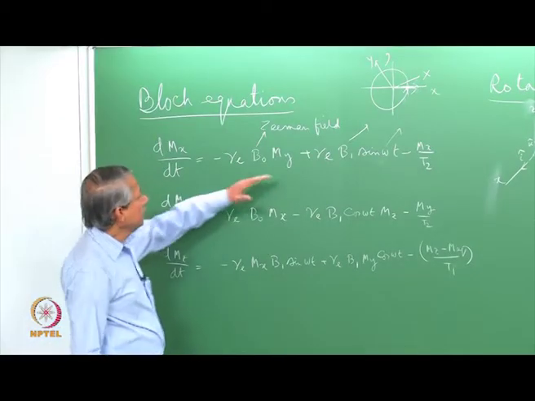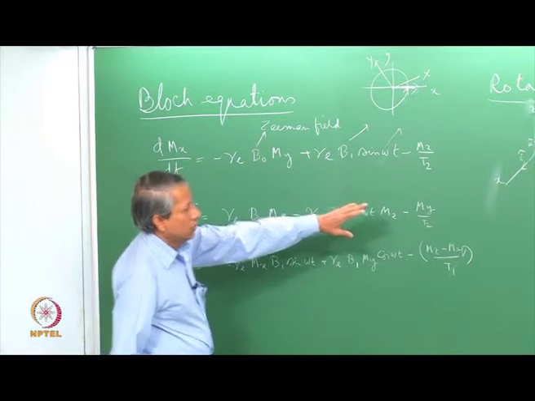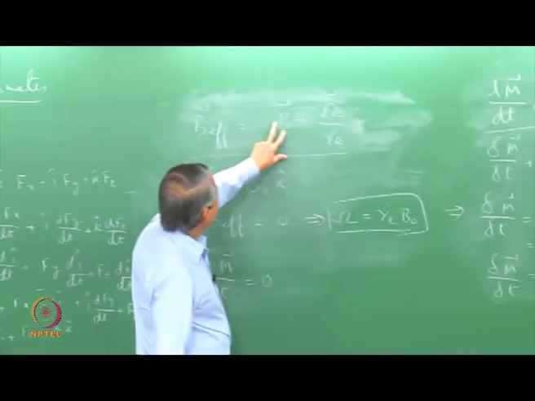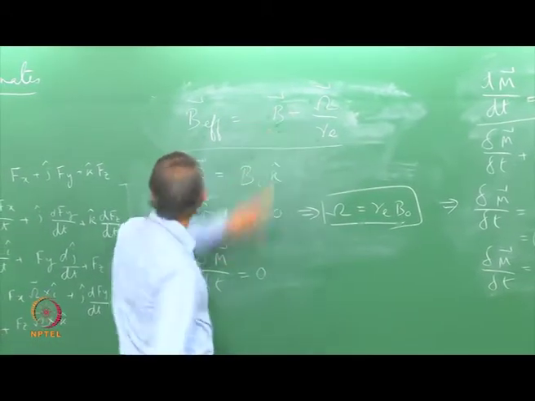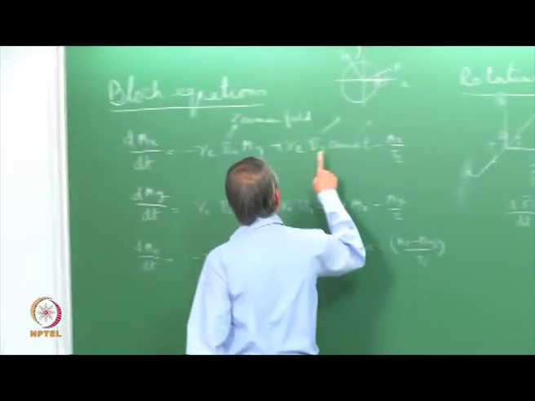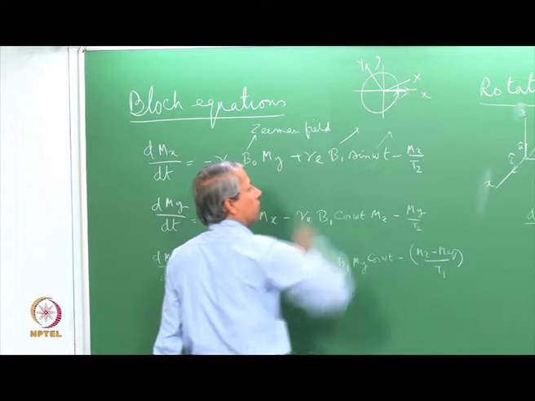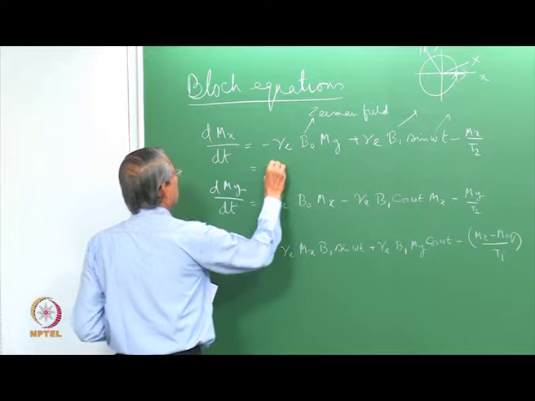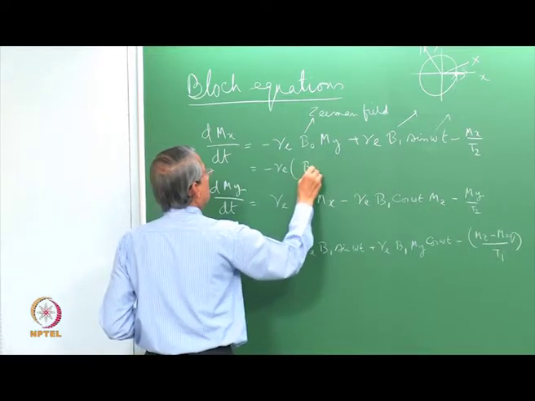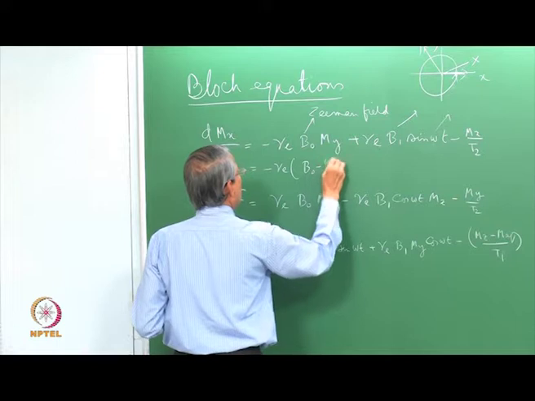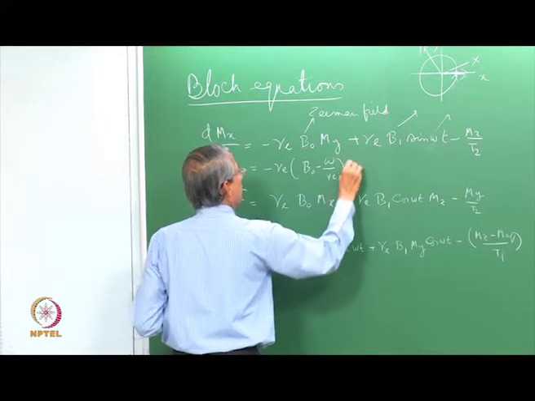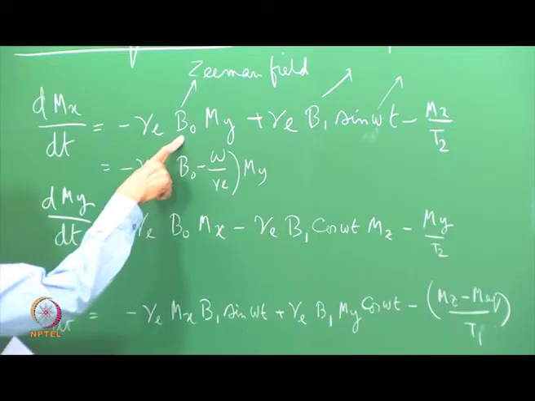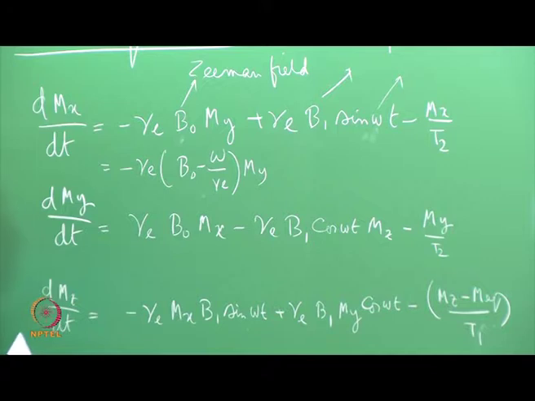So, we can therefore write it very easily from this knowledge that when a coordinate system rotates, I change the B by this, and here in particular the B1 also has only one component, the x and y component. So, let us say I modify right here, so that the difference becomes easy to visualize. This will become B0 minus omega by gamma e. So, this is the change of B0 value, that is the way we got the answer earlier.